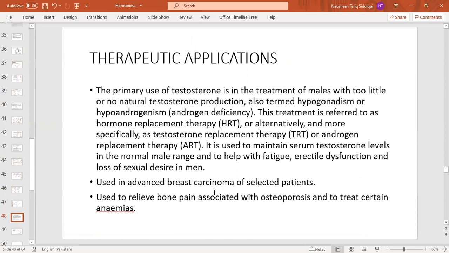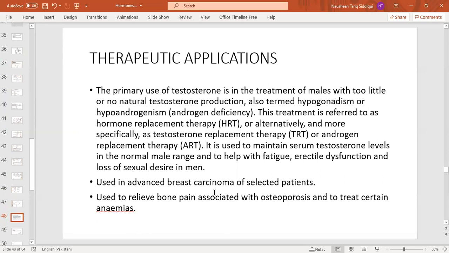Therapeutic application. The primary use of testosterone is in the treatment of males with too little or no natural testosterone production, also termed hypogonadism or hypoandrogenism. This treatment is referred to as hormone replacement therapy, or more specifically as testosterone replacement therapy or androgen replacement therapy. It is used to maintain serum testosterone level